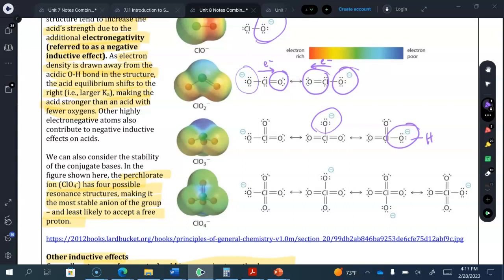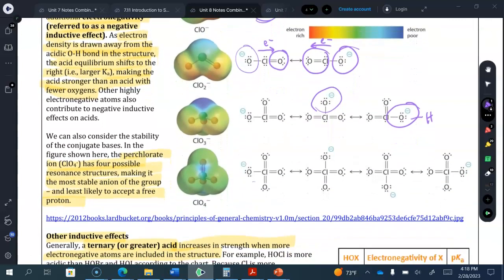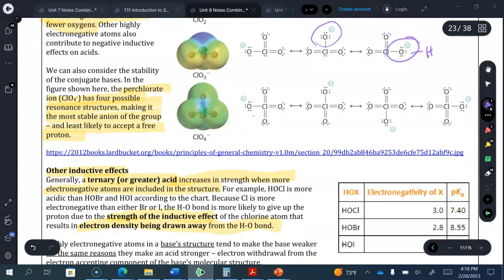We can also consider the stability of the conjugate bases, as I mentioned previously in the figure shown here. The perchlorate ion has 4 possible resonance structures, so it redistributes that negative charge amongst all of them. They did experiments and saw that it's not just rotating which oxygen has the single bond, but that they all have partial single and partial double bond character. And this stabilizes it and makes it the most stable out of all these 3 anions. So it is least likely to accept a proton because it's more stable, happy as it is,